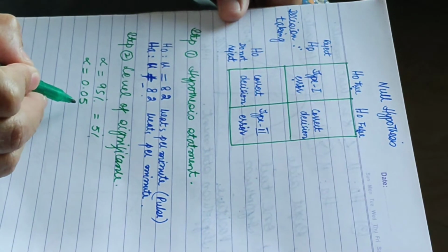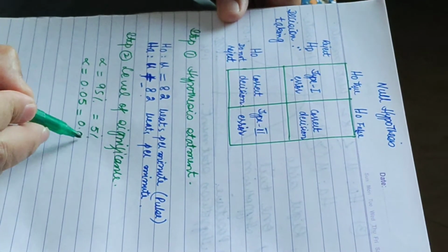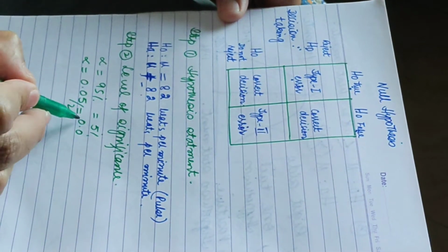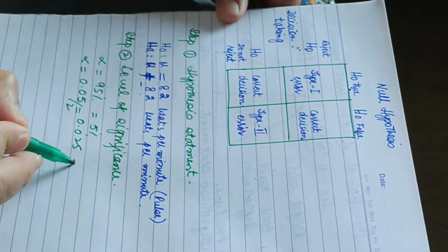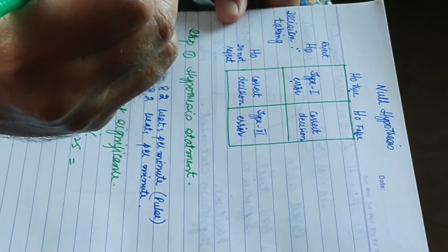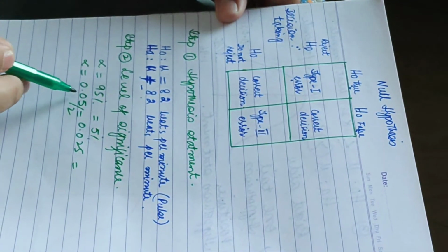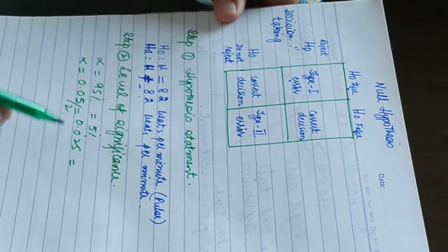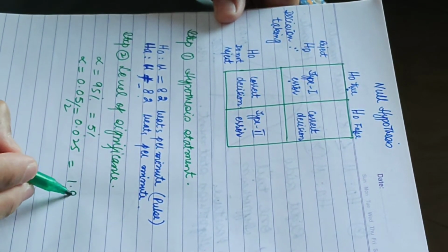If it is a one-tail or a two-tail, it will be 0.0. If it is a two-tail, then you will divide by 2, and it will come up as 0.025. So if you take the value of the alpha